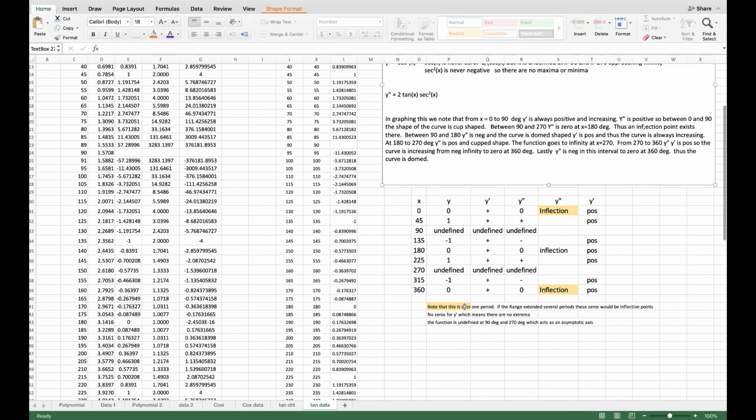And here I made some notes that this graph is over one period, 0 to 360. If the range was extended over several periods, these zeros, this one and that one, would be inflection points. And no zeros for the second derivative means there are no extrema. And the function is undefined at 90 and 270 degrees, which are asymptotic limits,